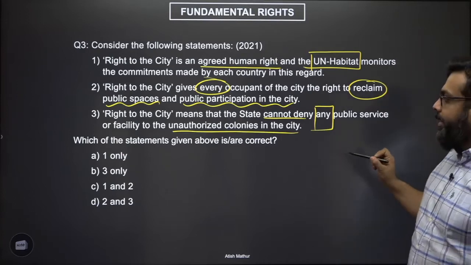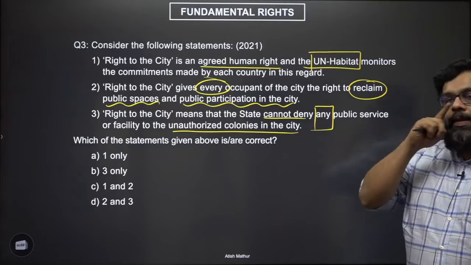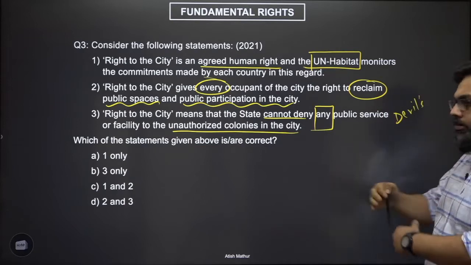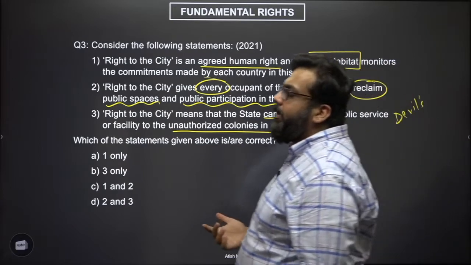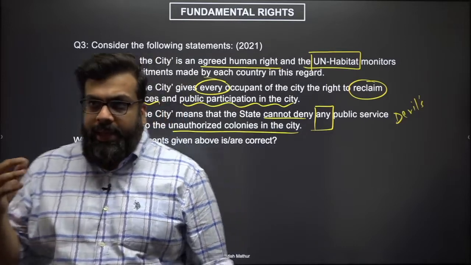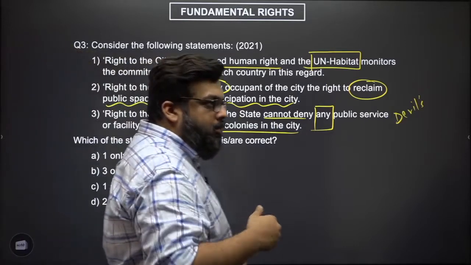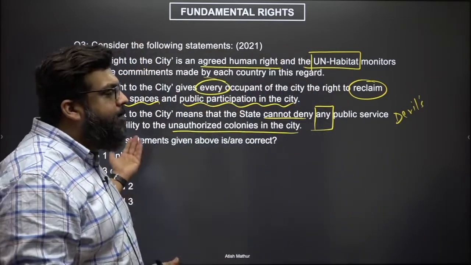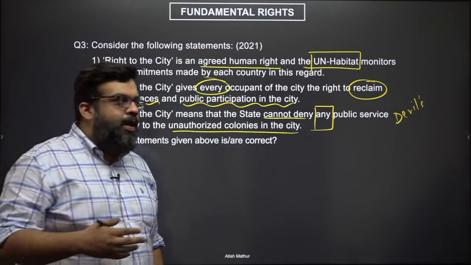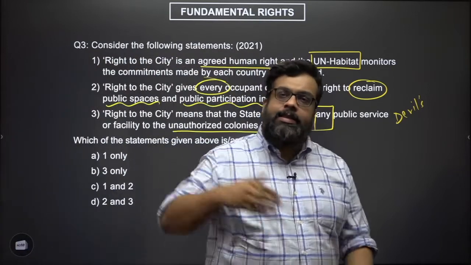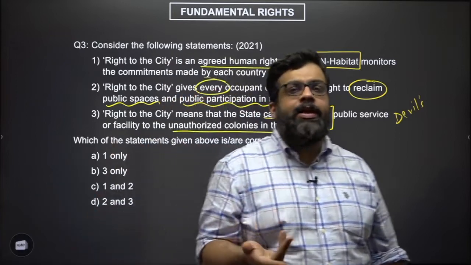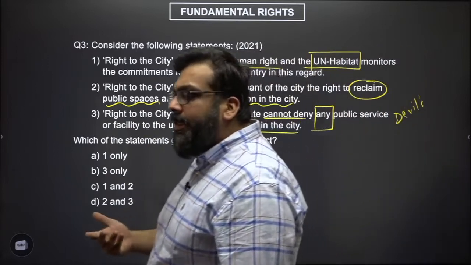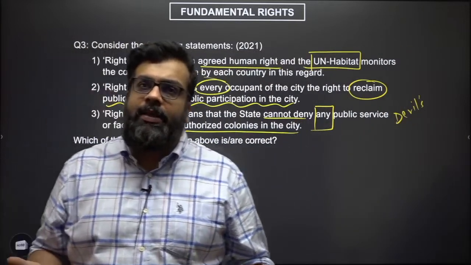Right to the city means the state cannot deny any public service. Apply the devil's theory and societal context. This means illegal colonies, illegal houses, encroachments which are illegal in nature should be given the same benefits as everybody else. So if you have an illegal dwelling which is stealing electricity, they should still be given electricity. They should still be given road access and all other social and civic amenities despite the fact